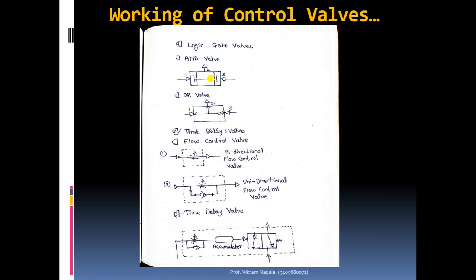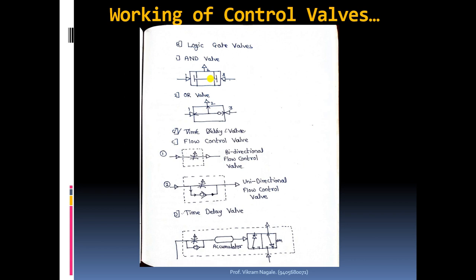Now we all know the basic conditions for the logic gate walls, that is AND wall and OR wall. Now here, what are those conditions? Everyone knows that 1 1 1, 1 0 0, 0 1 0, 0 0 0, that is for AND wall, and in case of OR wall it's 1 1 1, 1 0 1, 0 1 1, 0 0 0.